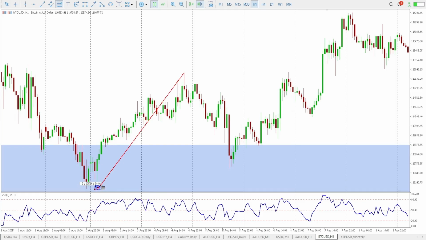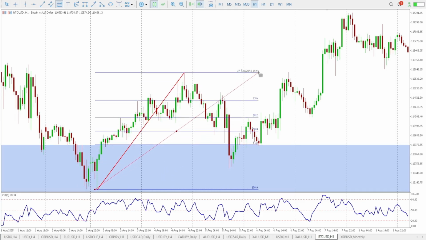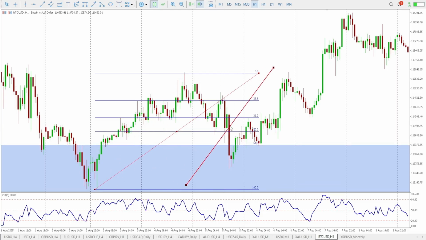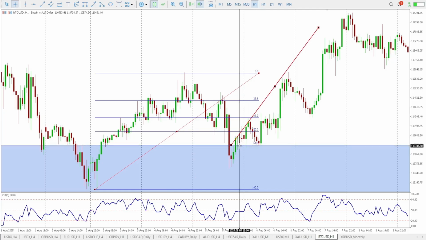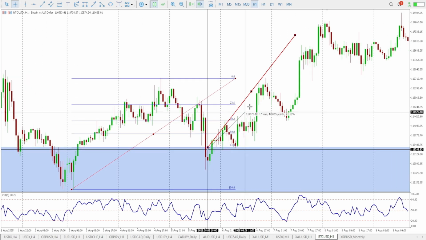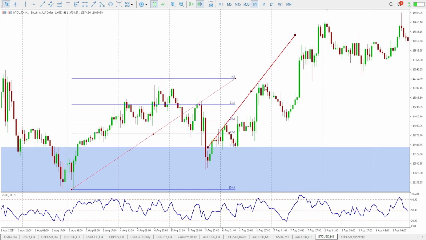Once we find the impulsive wave, we find our Fibonacci level, and the Fibonacci was right here. Let's have a look at it, all the way from 113,000 somewhere, where the market took a bounce. This was a level I already discussed with all of you, and I uploaded a short video as well. Since then, when the market is on this impulsive wave, we don't need to look for this particular sell or this particular sell.